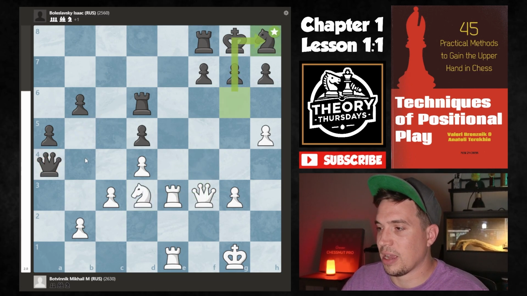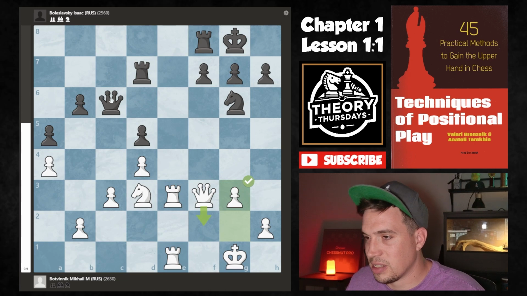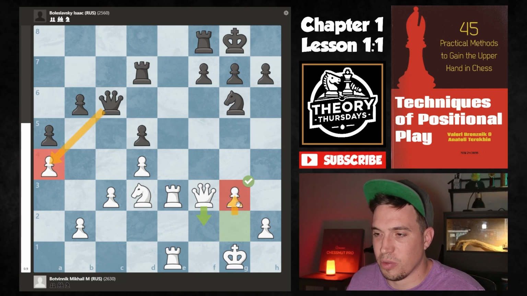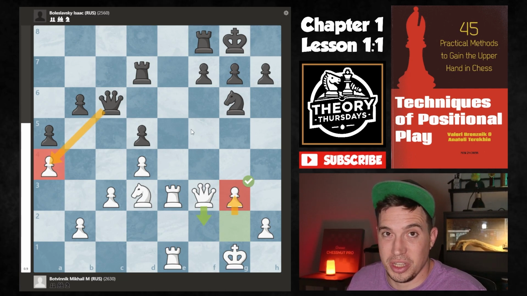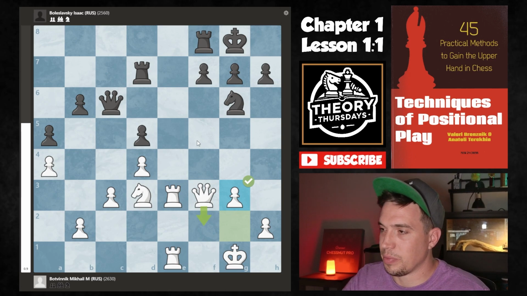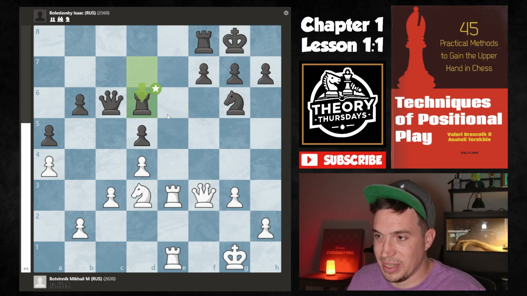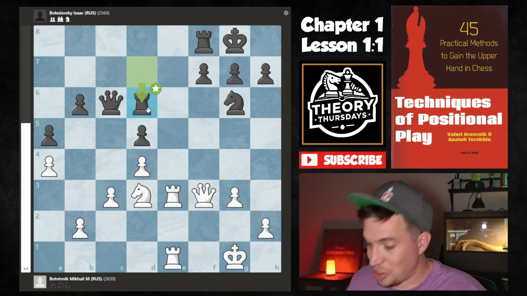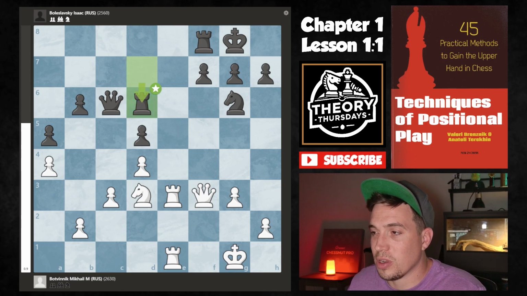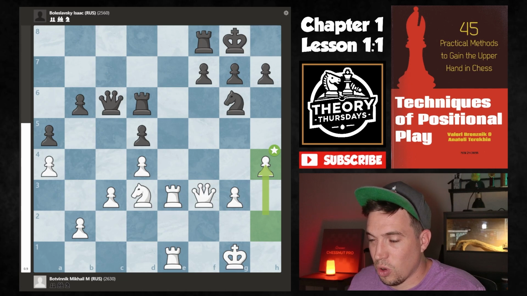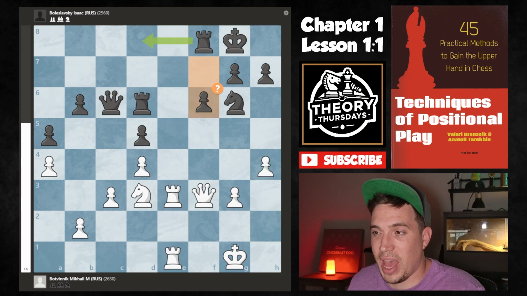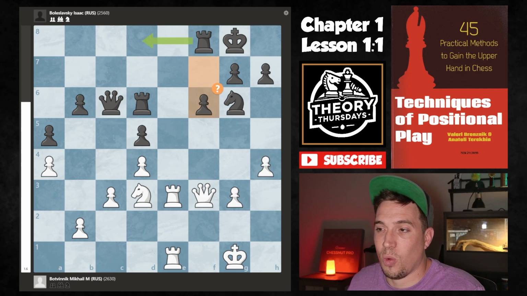So let's just go back a few moves and see, instead of taking here, what did he do after Botvinnik played the pawn to g3? He actually put his rook on d6, the best top engine move. So after Boleslavsky played the rook to d6, Botvinnik played h4, black responded with f6, and then white responded with